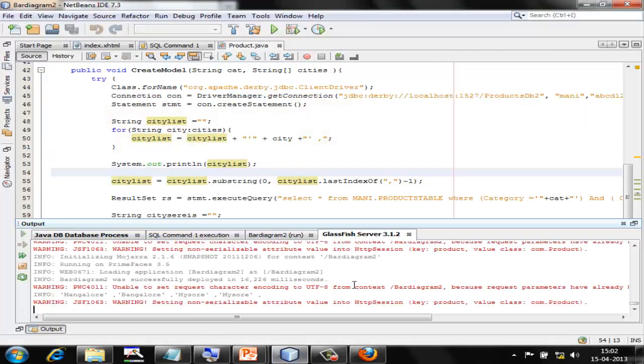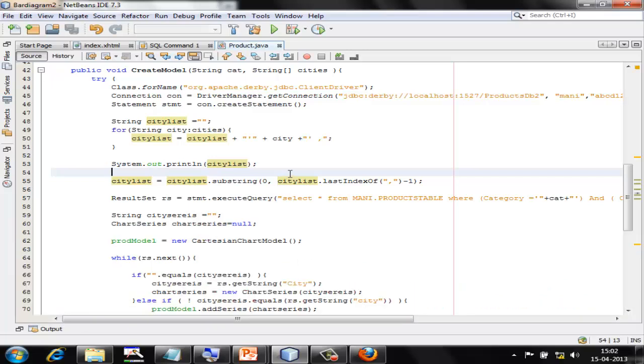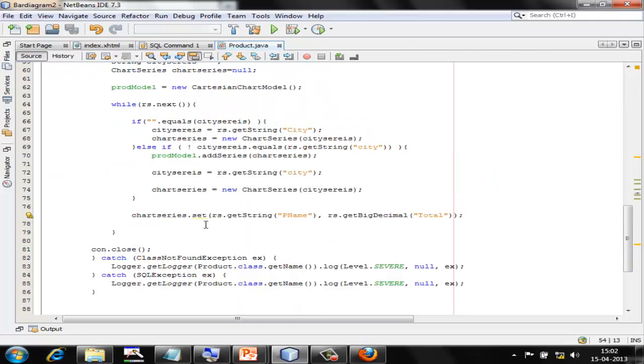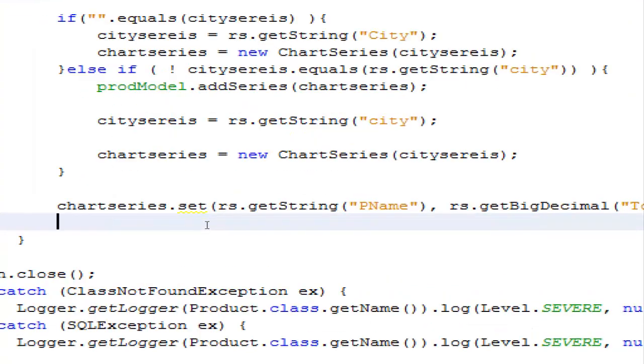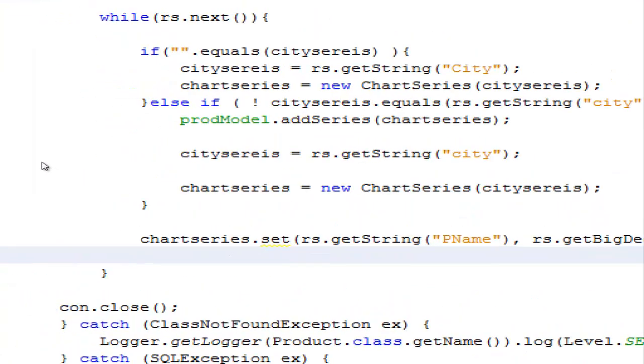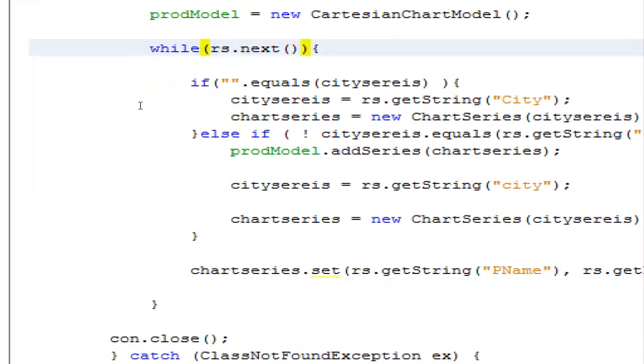In my glass fish, I am getting everything properly. Yes, we will not get it because of a logical mistake. And what's the logical mistake? You just look at this one. You notice that what we are doing is,